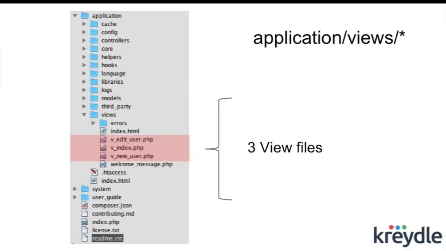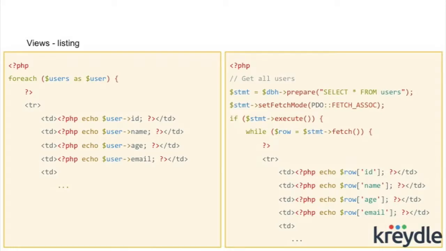Okay, this is how the view should be. So we have HTML here. All is HTML except for this one for looping to get our users data, and then this one is also HTML, and then this one we want to print out our user ID, username, age, email, and so on. So this is our presentation layer. These are basic things that you